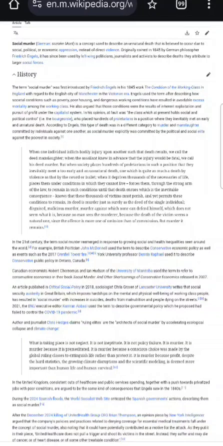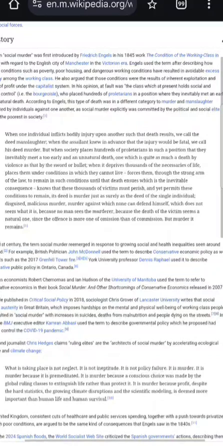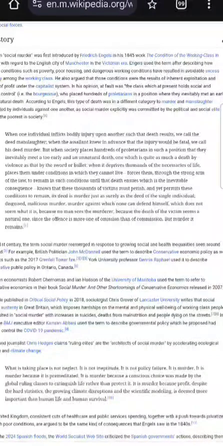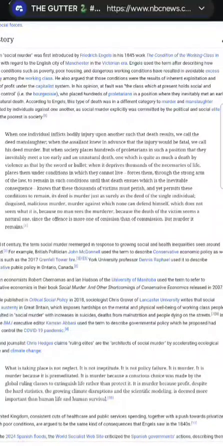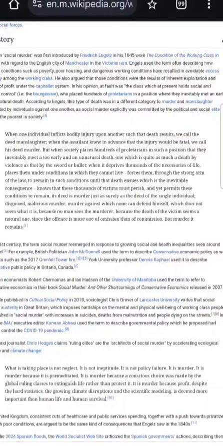knows that these thousands of victims must perish and yet permits these conditions to remain. Its deed is murder just as surely as the deed of the single individual disguised as malicious murder against which none can defend himself, which does not seem what it is, because no man sees the murderer, because the death of the victim seems a natural one, since the offense is more of an omission than commission, but murder